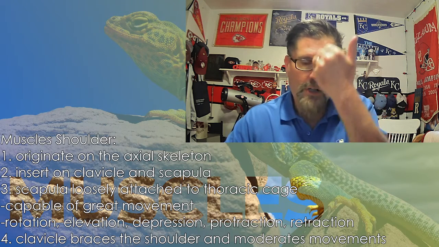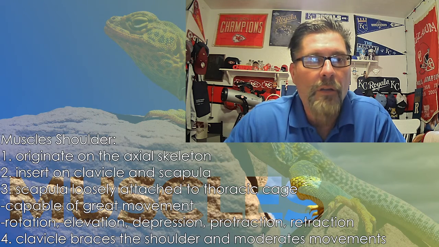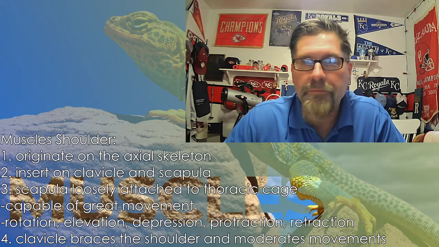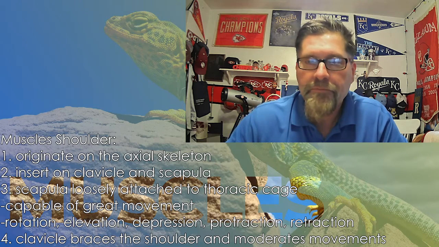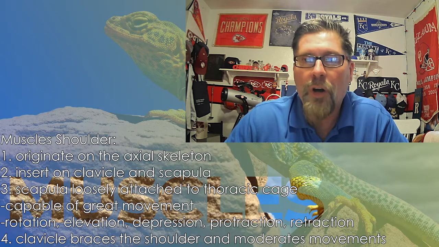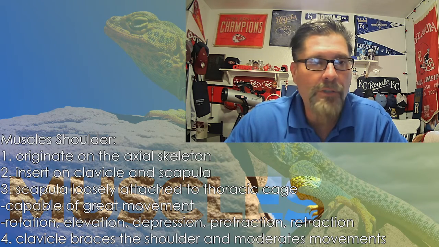That's that center line from the top of your head through the vertebrae. All that stuff is kind of connected. The axial refers to just the axle, or that center line. If you were to draw a line separating the left and right side, all those muscles, all those bones,